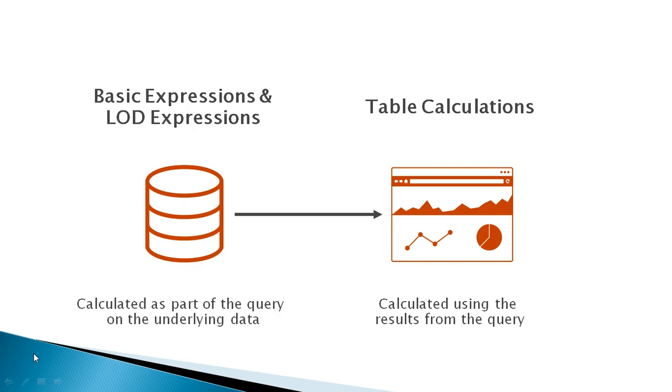Basic calculations: as I said, when you don't have the required fields from your underlying data, you create an additional field as a calculated field, which is going to be part of your view or part of the query. And what is a table calculation or a quick table calculation? You have all the data fields to create your visualization, but after creating the visualization, based on the results of the query, if you want to perform some quick calculations, in those cases you go for table calculations or quick table calculations.